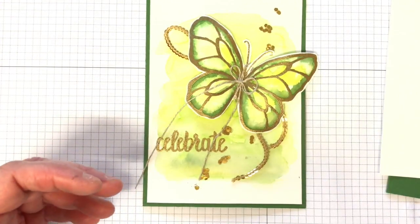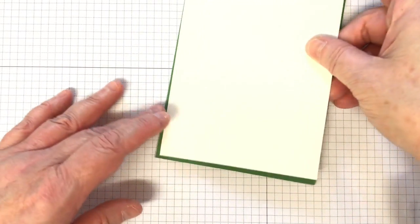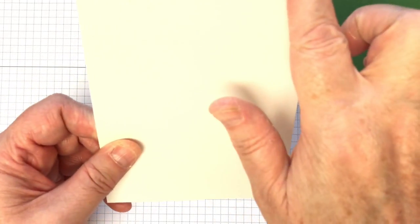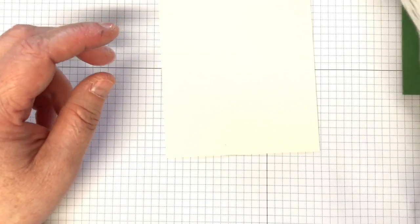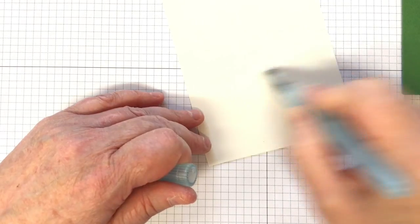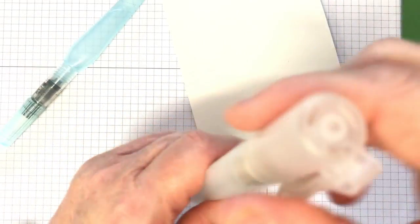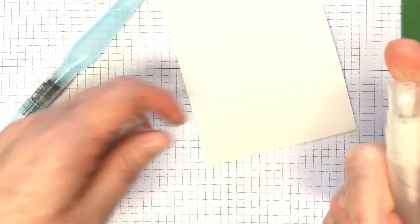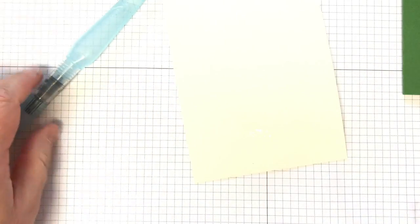Now first of all, I'll put this to one side, sorry. First of all, the measurements for the cut piece that lays on top of the card is 14.3 by 10 centimetres. So just to hurry it along, you can either get your water brush and just water the colour like this, or you could, if you wish, very lightly use a spray from your mister that we've got in the catalogue. So I'll just use a little bit there just to help it along,